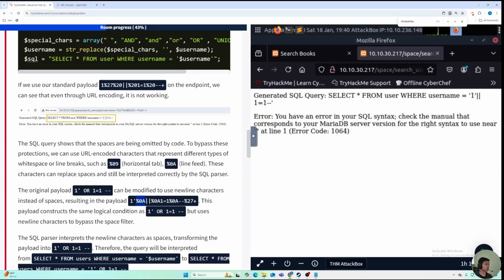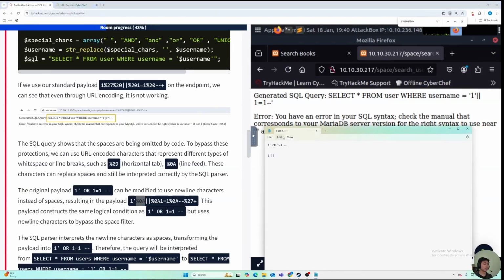We can use a line feed. Okay, let's use it. Line feed is 0A. Okay, 0A, 1 = 1, 0A